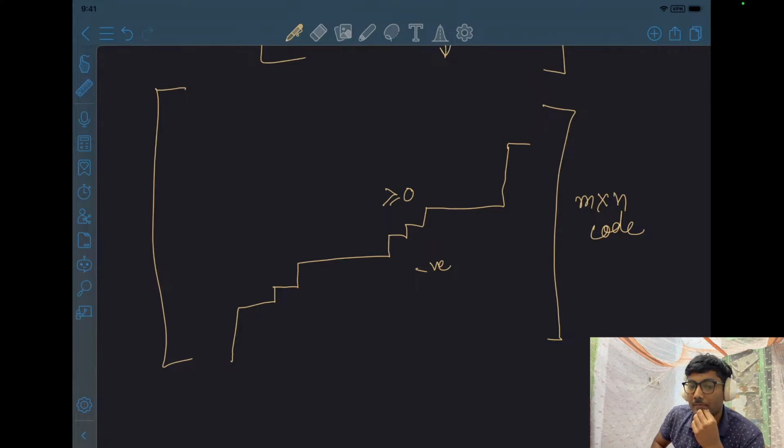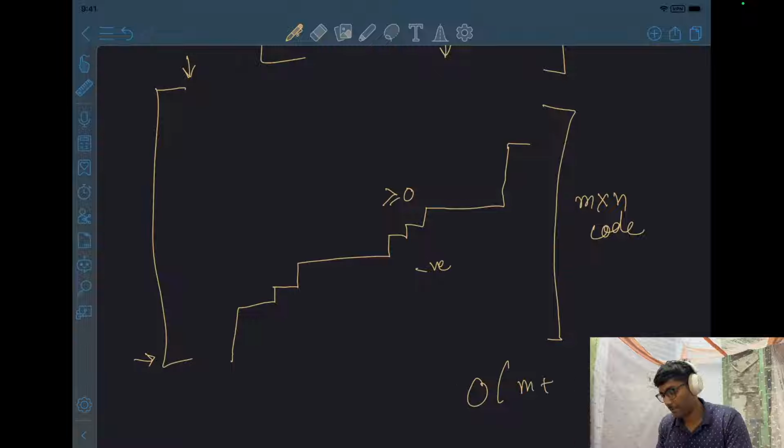So basically I will try to maybe scan one row multiple times, a constant number of times, like twice or thrice. Also this thing I will try to scan once or twice or thrice, but a finite number of times that is independent of N and M. Well, that will give me the complexity of order of M plus N, right? Since the array is sorted,